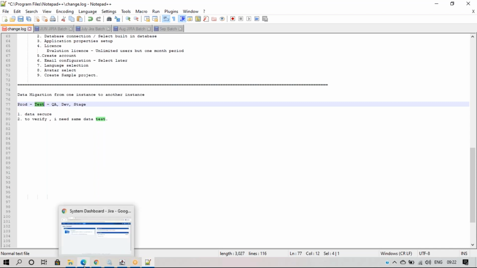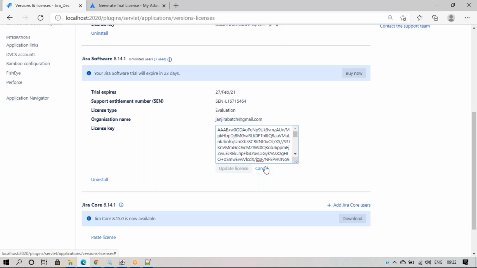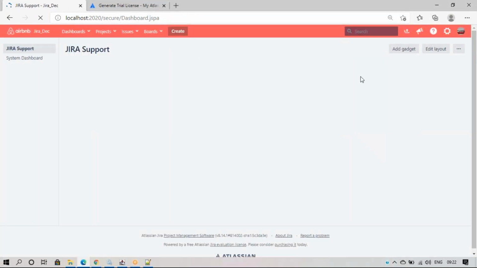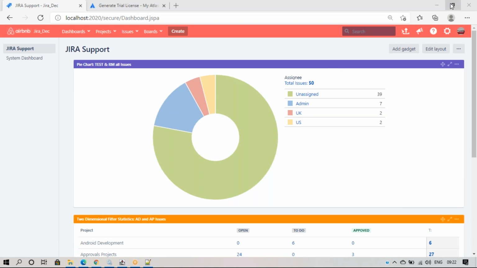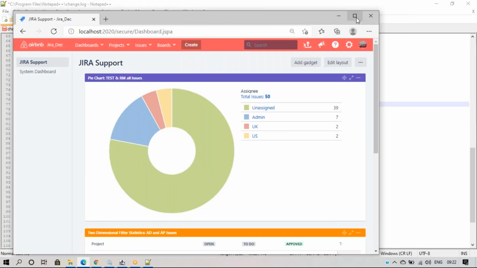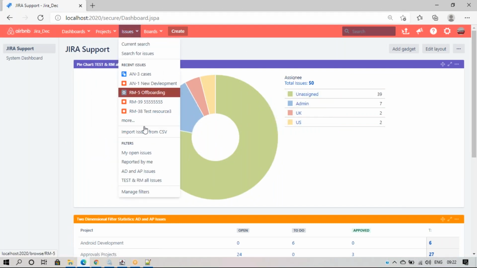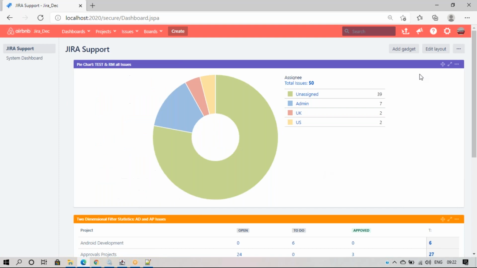Okay, as of today, we have two Jira instances here. One is on 2020, where I have many projects and data, everything. You can call this production. Let's think of it like that. I have many projects here, many issues I've created, filters I've created, and dashboards I have here.